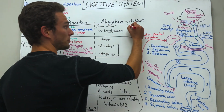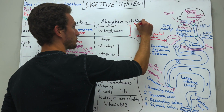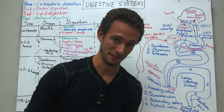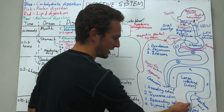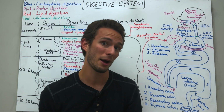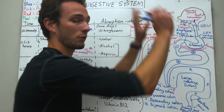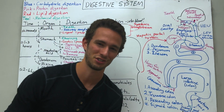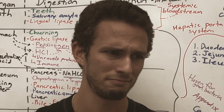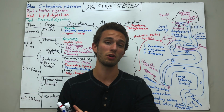But if you absorb things through the mouth, it actually just goes directly into the systemic bloodstream. So it bypasses this liver portal system and just goes everywhere immediately. And the same holds true with the absorption in the anus. That's one reason you can actually take medications up through the anus, because you will absorb them directly into the bloodstream and it'll go everywhere before going to the liver first. So is your anus very similar to your mouth and your mouth similar to your anus? Yeah, it is. So as we finish up this part of the digestive system, we're going to move into the next part here,